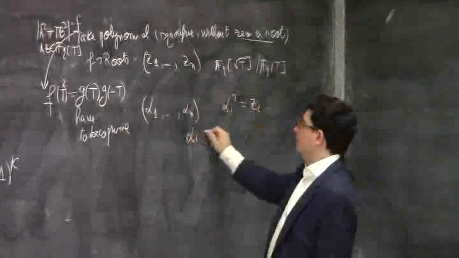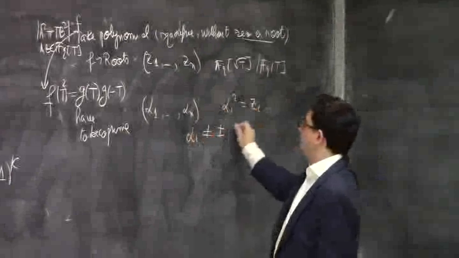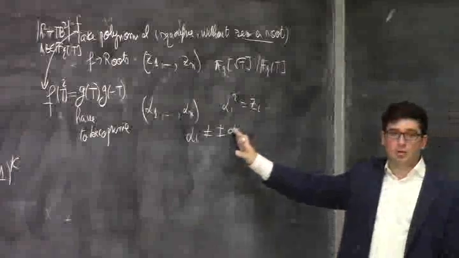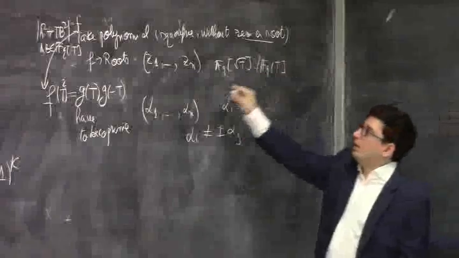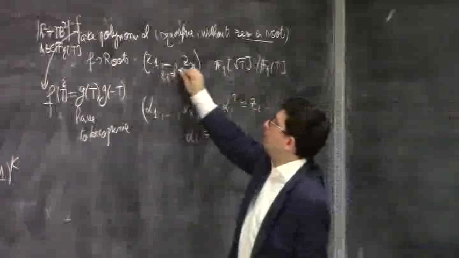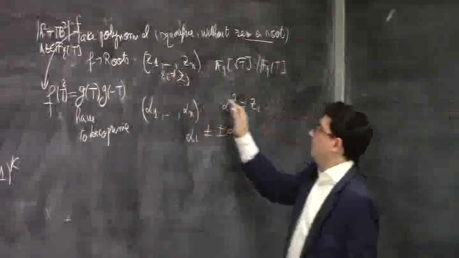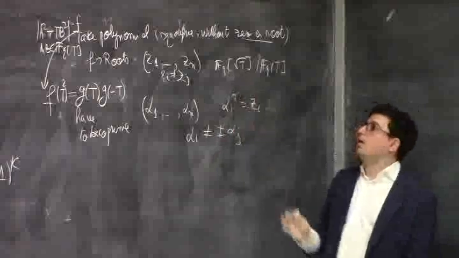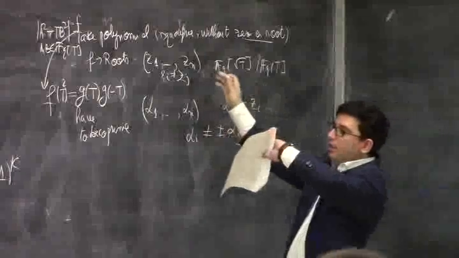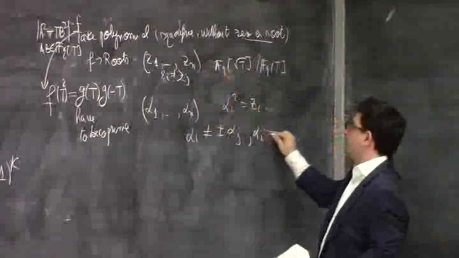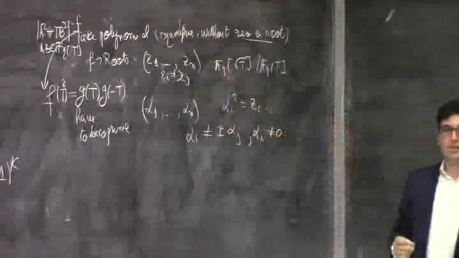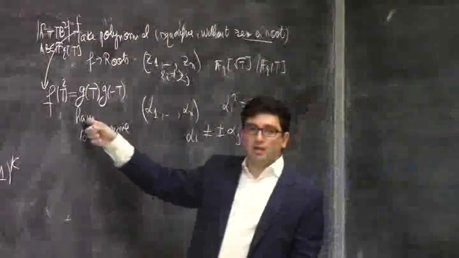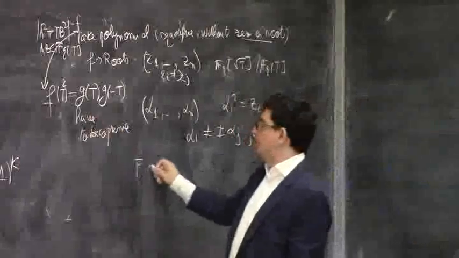Like you shouldn't have that, because you're square-free, these guys shouldn't be like alpha_i is not equal to plus or minus alpha_j when you square it. Because z_i, here again, is not equal to z_j. So if you square, the minus will give you the same here, okay? And also, I'm saying without the zero, so I'm also saying alpha is not equal to 0. Okay? And now the idea is the Frobenius action, because I have this condition here to be co-prime, the Frobenius action,